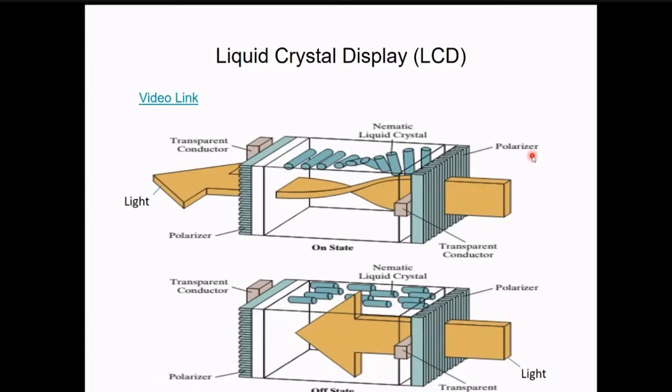We use the polarizer to take the light from the external source and concentrate it in a single direction. The polarizer takes the light and concentrates it on a particular region or plane. For our purpose, the LCD will throw light on the particular plane that needs to be displayed to the user, making the light fall on that plane.